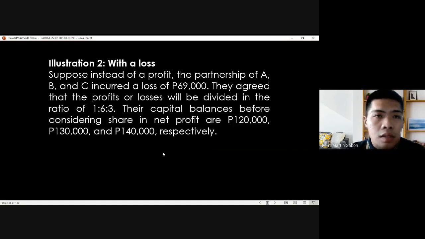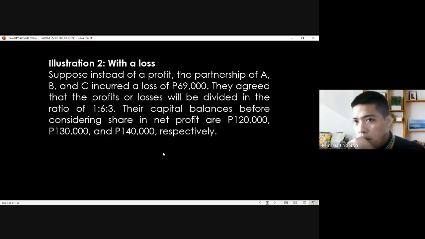Next, we have a loss. Have it as a loss. So they incurred a loss of 69,000. They agreed that the profits or losses will be divided in the ratio of 1:6:3. So therefore, both profits and losses will be distributed among themselves, A, B, and C, in accordance with the ratio